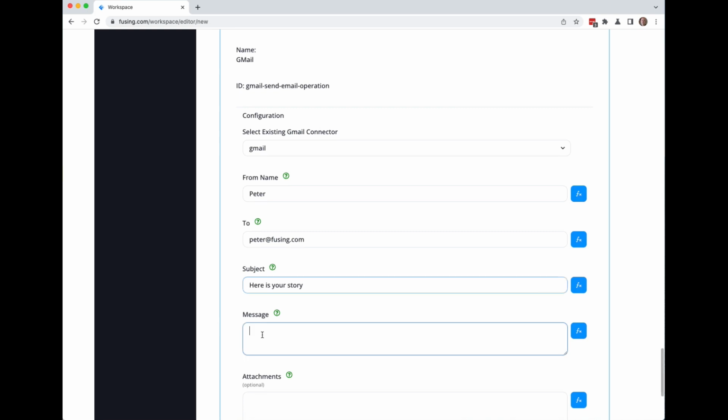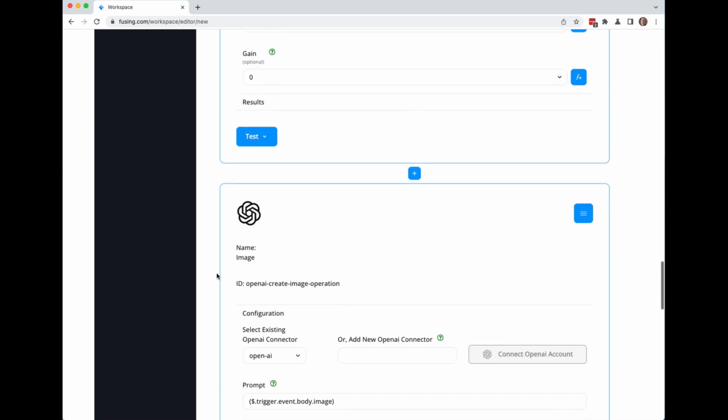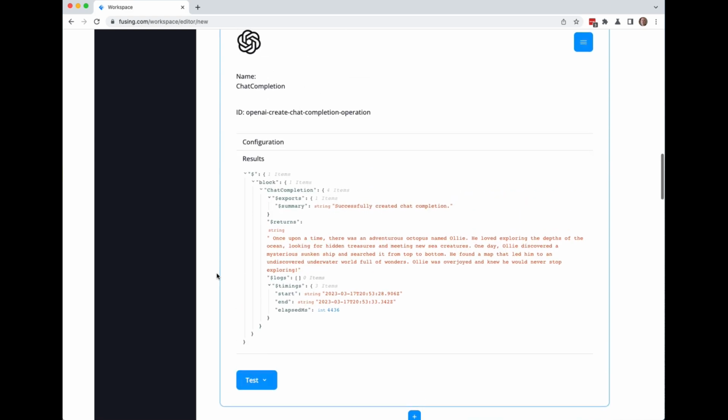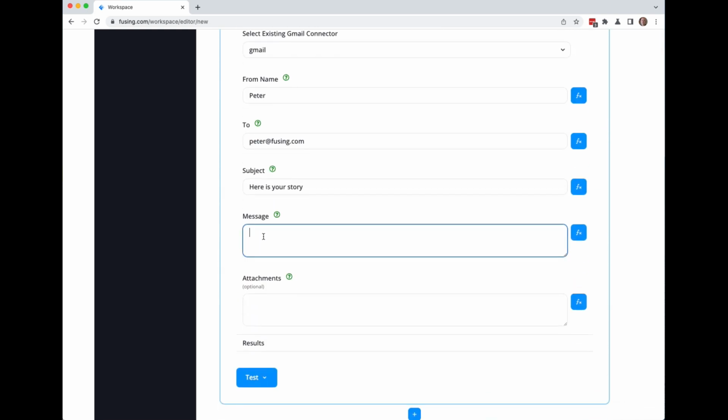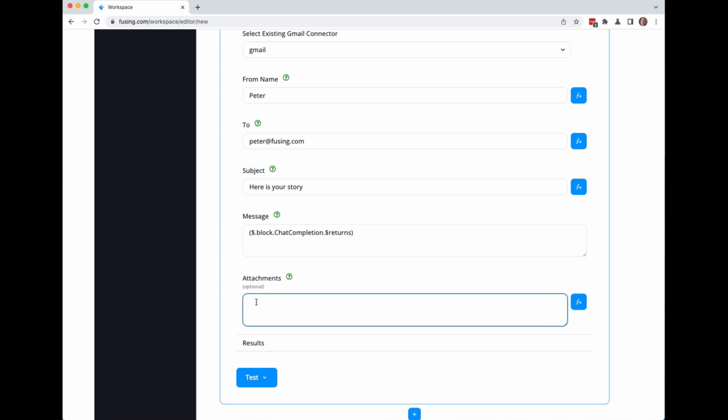And then the text is going to be the text from the original ChatGPT message. So it's going to be this again. So we'll put the text in here. So we do need this to be an expression. And again, we're going to be putting in the chat completion text in here. Now, remember we did the attachments here, so we can basically do the same thing here. So we want the image, and so we've got two variables here. This is just JSON. It doesn't look like it right now, but